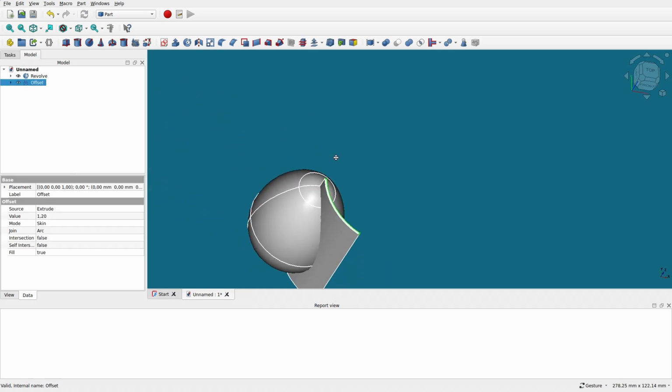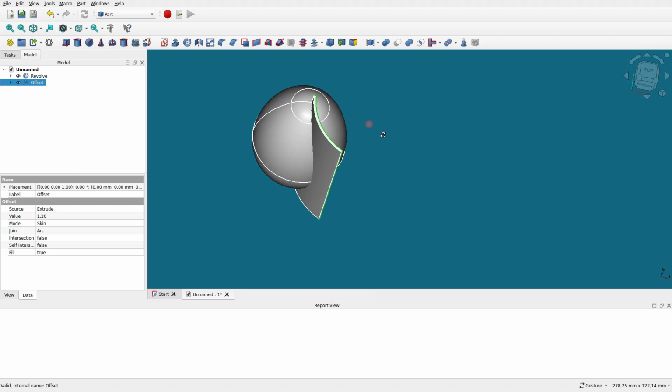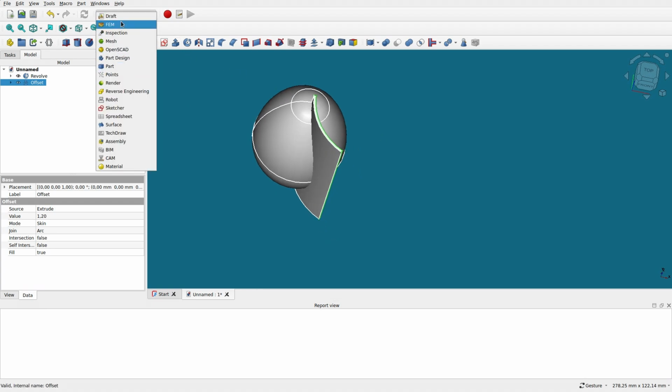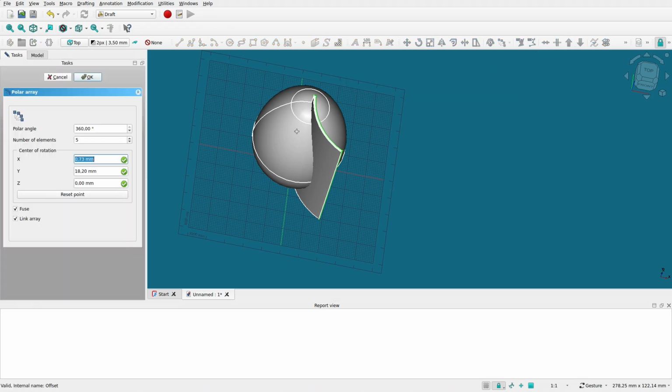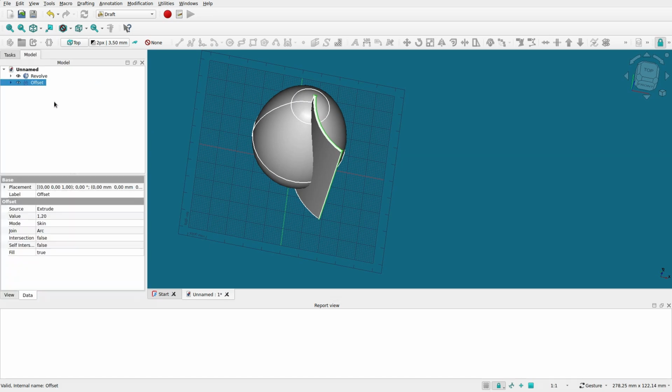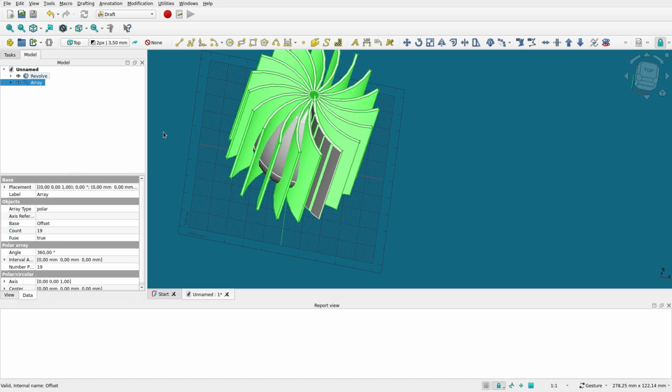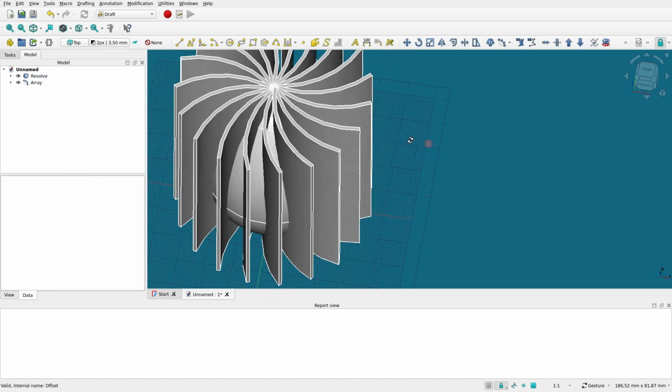So now we will take our fin. We'll go, this only one time, to the draft workbench, and we will select this button here, which is array. And we'll make it a polar array, and we will say, let's make it 19 elements, and we will use fuse, so it's one object, and we will not make it a link array, because we really need it to be fused. So now we should have our copies, nice,